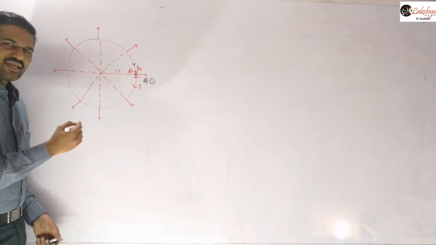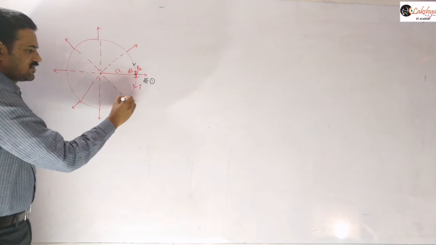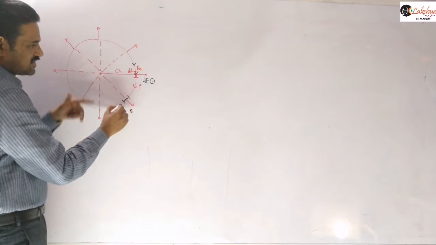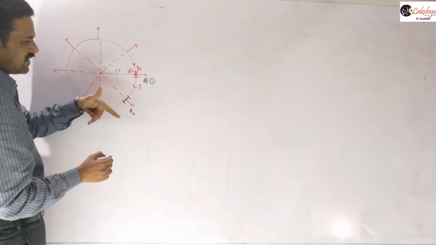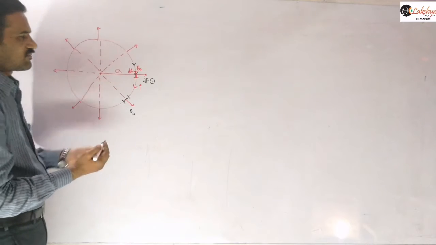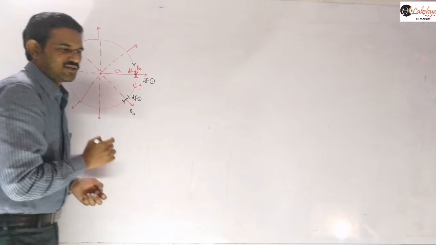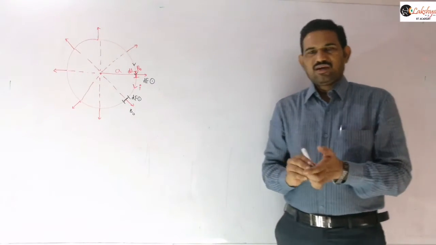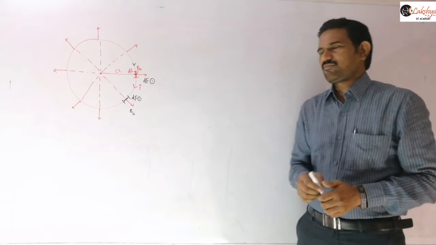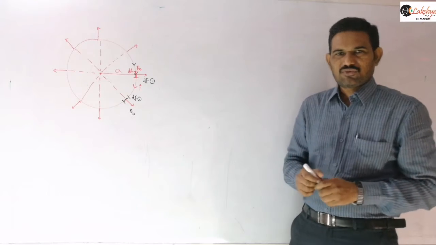So like that you may consider any element here. Suppose here I am taking a small element. So can you identify the direction of the force here? Here field is again along this direction. The magnetic field is along this radially outward direction here. So the central finger is like this. So thumb is in outward direction here. So what we can conclude here is the magnetic force acting on every element of the ring will be in upward direction only. So every element of the ring, the magnetic force is acting in upward direction here. And so we need to add all those forces to get the net force acting on the ring.